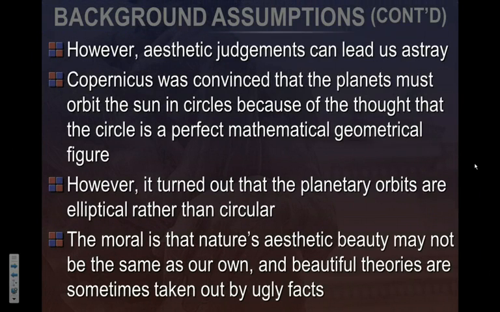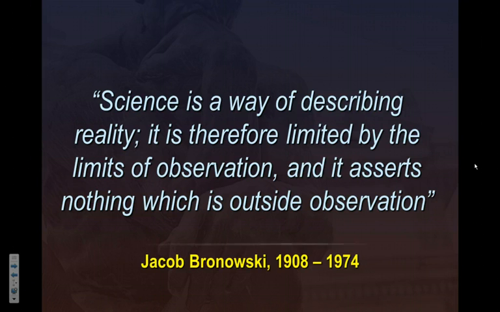For example, Copernicus was convinced that planets must follow a circular orbit around the sun. And his reason was that the circle is a perfect mathematical geometrical figure. Now, they don't have a circular orbit. They have an elliptical orbit. But Copernicus was convinced purely on the fact that the circle is more mathematically correct. That's not a reason. That's certainly an assumption. That's certainly his bias towards the circle object. But it's not a good reason to choose the circle over the ellipse, okay? Again, those biases come in and affect things even at the level of scientists like Copernicus, okay?